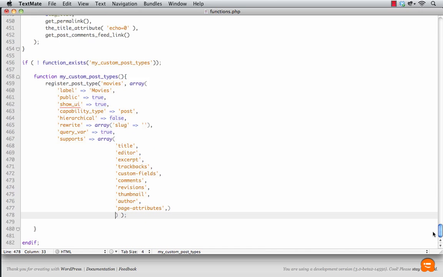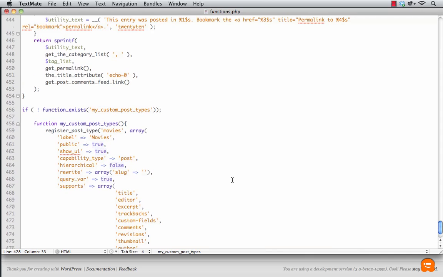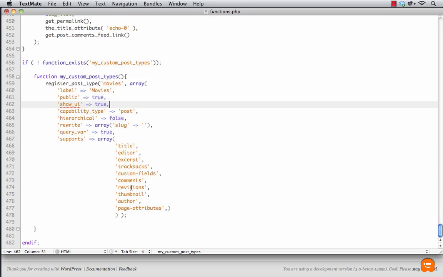Okay, so this is the code that we copied from the plugin. So basically, we are using the register_post_type function to create our custom post type menu, and it's called movies. Give it an array, label, that's what is going to be displayed on the sidebar. Show UI, yes. Supports the different features that it supports, such as thumbnail, comments,